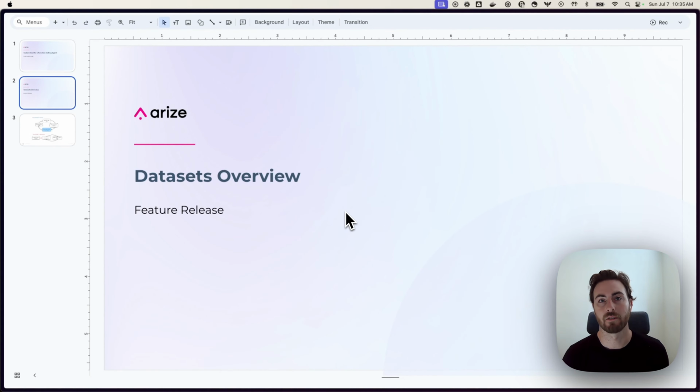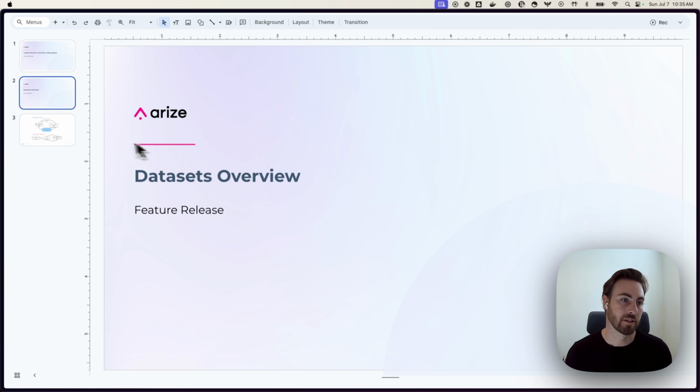I'm a developer advocate here working on Phoenix, and I'm really excited to walk you through Datasets, which is a new feature that we released as part of Phoenix 2.0, releasing as part of our launch week this week. So datasets are a new kind of core building block that we're introducing into Phoenix here that can be used to represent data that's captured within the Phoenix ecosystem to then export it into other tools to use for fine tuning or other kind of use cases there, or a way to add in outside datasets into Phoenix to then